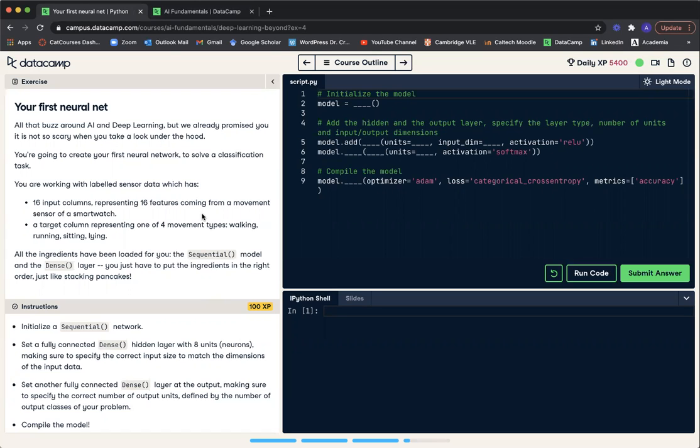You're going to create your first neural network to solve a classification task. You are working with labeled sensor data, which has 16 input columns representing 16 features coming from a movement sensor of a smartwatch, and a target column representing one of four movement types: walking, running, sitting, or lying. All the ingredients have been loaded for you, the sequential model and the dense layer. You just have to put the ingredients in the right order, just like stacking pancakes. Instructions: